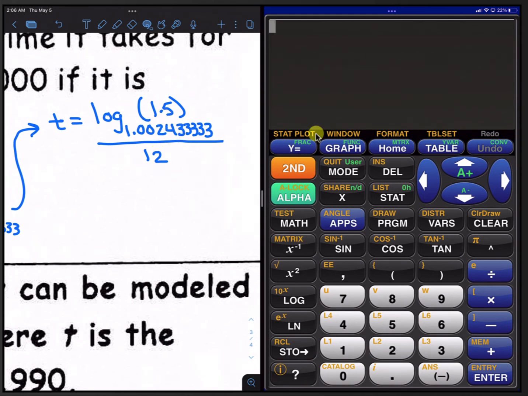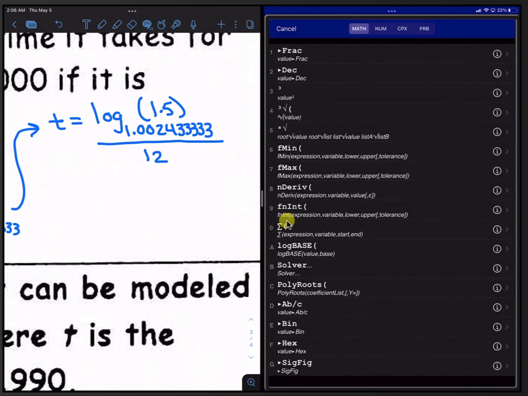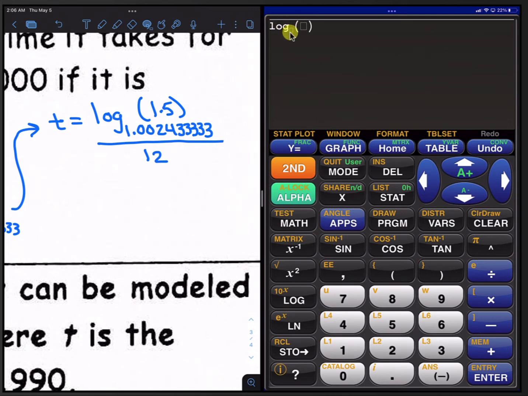And let me just demonstrate on the calculator how I would type that in. I would probably just go into the math menu to type in this log. So let's do that. You press the math button, go down to log base, and now we're going to type in the base, which is this long decimal here. It's 1.00243333. All right, and then the other number is 1.5,